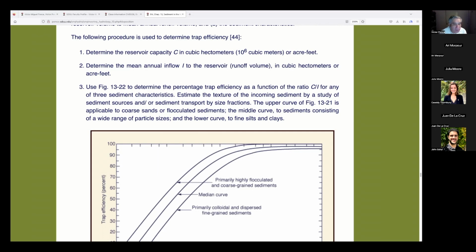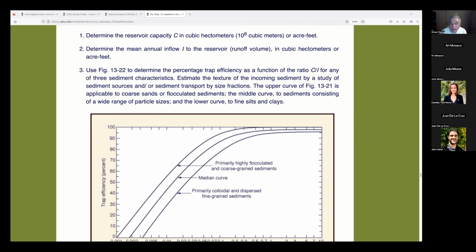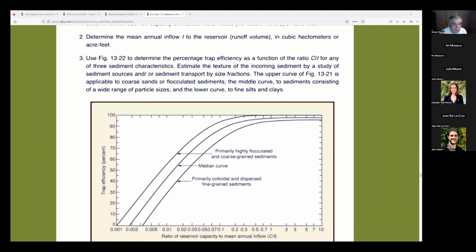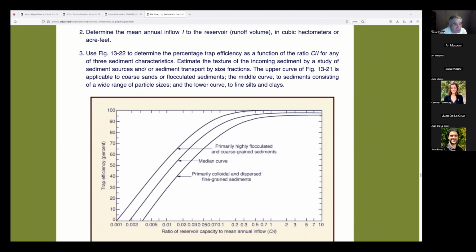Determine the mean annual inflow to the reservoir. So that is the discharge times the time. If it's mean annual, it's the mean annual discharge times the number of seconds, and that gives you the cubic meters. It is the annual inflow to the reservoir in volume. That can be done readily, because the annual inflow to the reservoir is a hydrologic value that can be obtained more or less readily. Okay, use figure 13-22 to determine the percentage trap efficiency as a function of the ratio